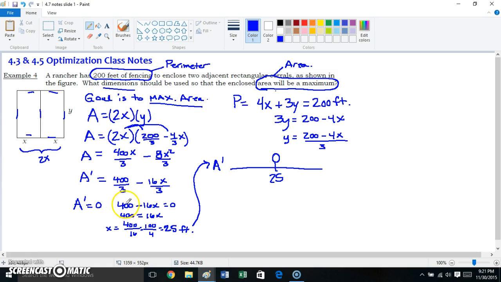This is a negative linear function for my derivative. So that means the derivative is positive and then negative. So I know at x equals 25, we have a maximum area